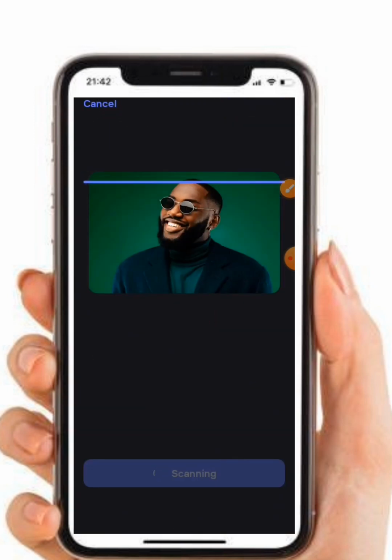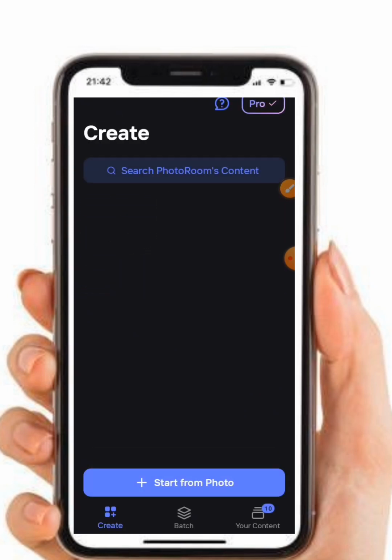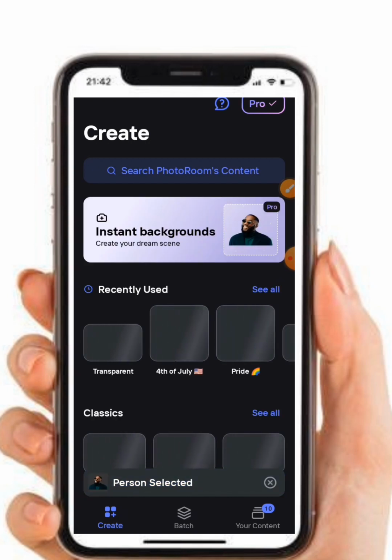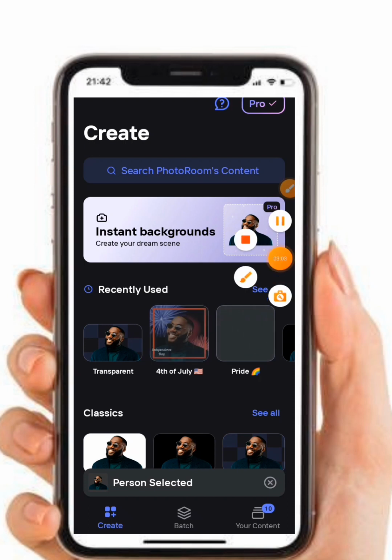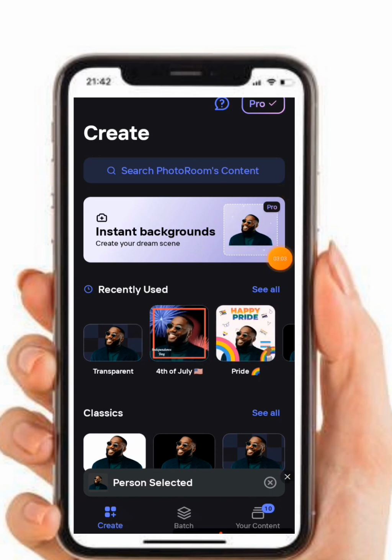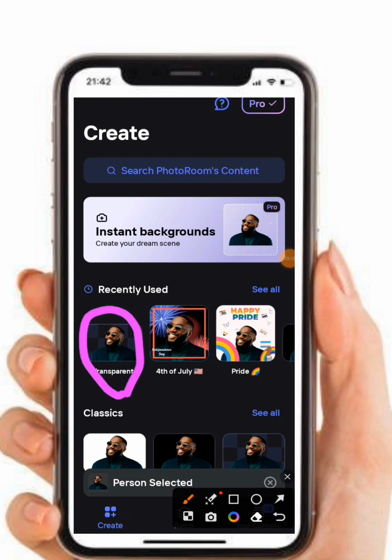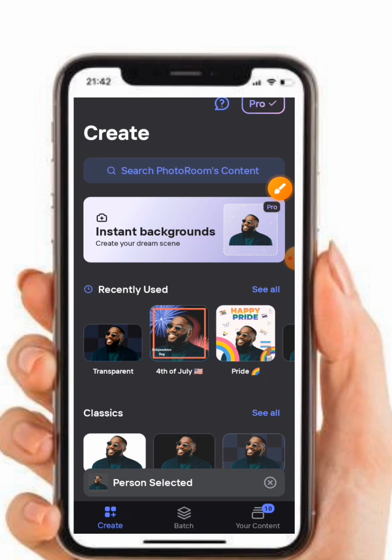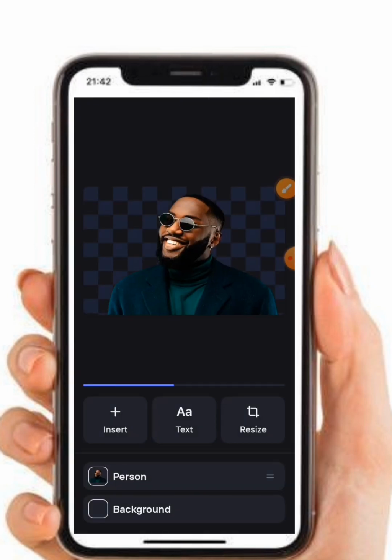Okay, now it's going to remove the green background for me. As simple as that. You're not subscribing, you're not paying anything, just your data. That is it. Now what you're going to click is transparent. You click on this transparent. Okay, now it's analyzing, and to get this edited version of the picture to your gallery, you click on